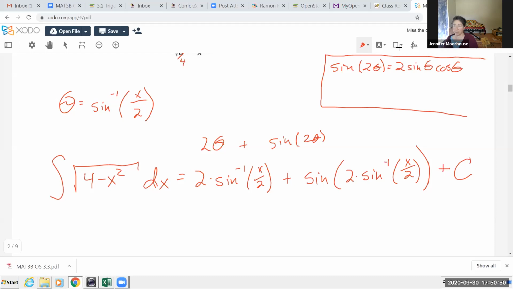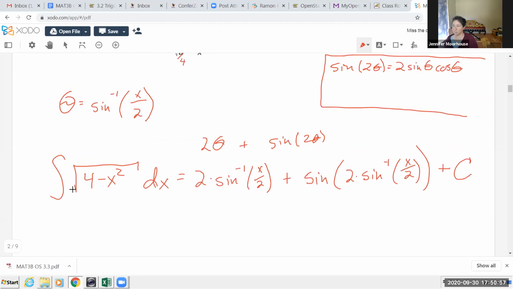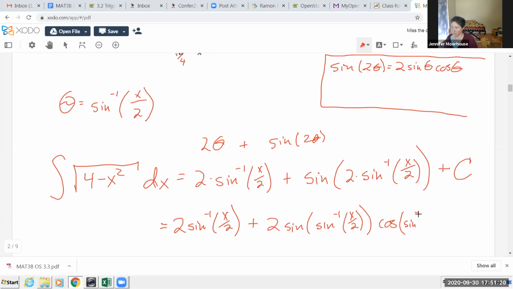I'm pretty sure that's the double angle formula for the sine function. So that means that we could write this as 2 sine inverse x over 2 plus 2 times sine of sine inverse of x over 2 times cosine of sine inverse of x over 2